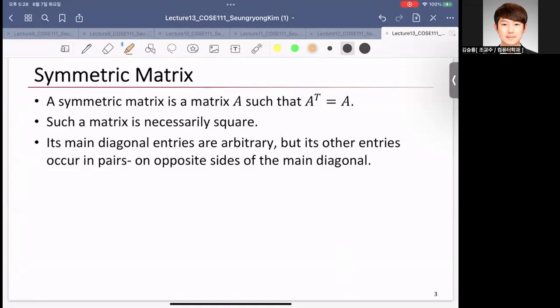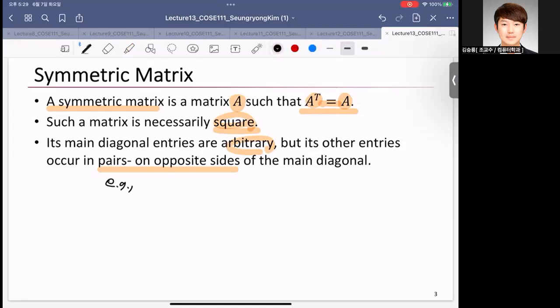What is a symmetric matrix? We already talked about symmetric matrices, right? A symmetric matrix is a matrix A such that A transpose equals the original matrix A. Then such a matrix is necessarily square, so matrix A should be square. Its main diagonal entries are arbitrary, but the other entries occur in pairs on opposite sides of the main diagonal. For example,